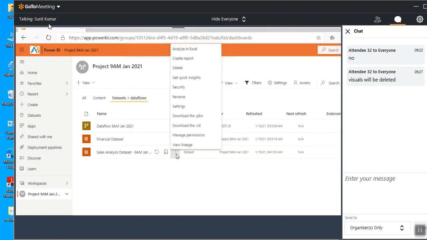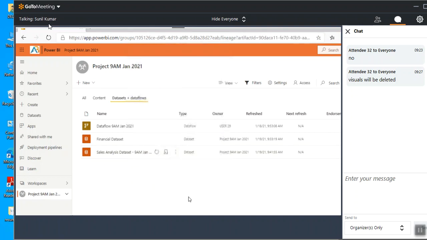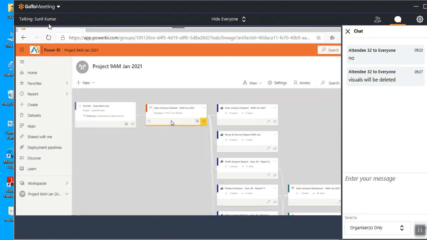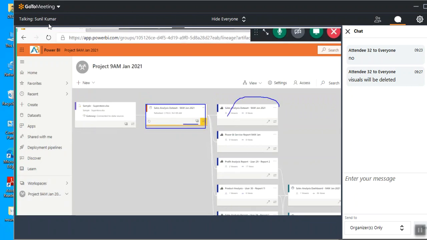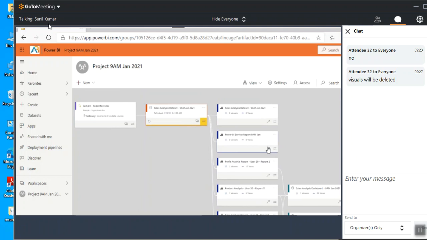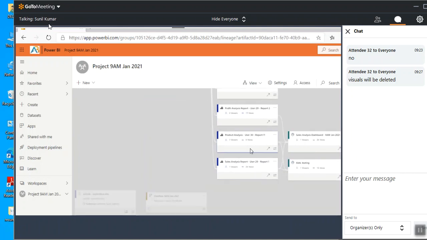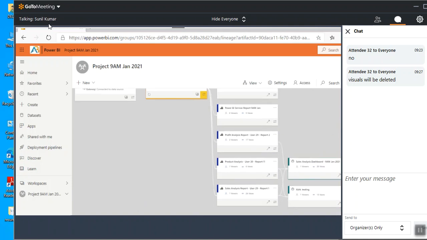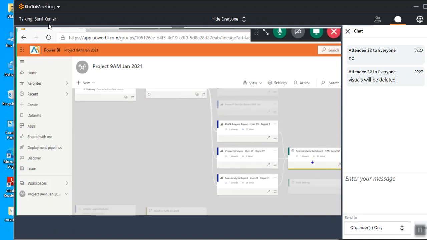Fine. The next one is view lineage. It will show related objects. When I click on view lineage, it opens a graph. I click on the data set, I click on view lineage. On this data set, how many reports were developed? You can see we developed a few reports like this: 1, 2, 3, 4, 5 reports, 5 reports we created. On top of those reports, what dashboards did we create? So you can see, to create these dashboards, we use these 3 reports.